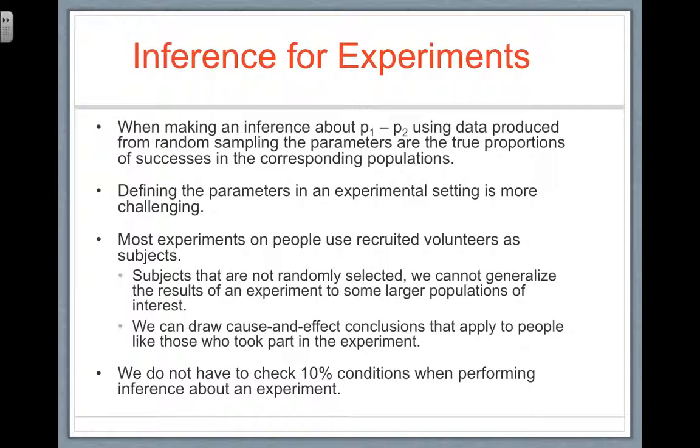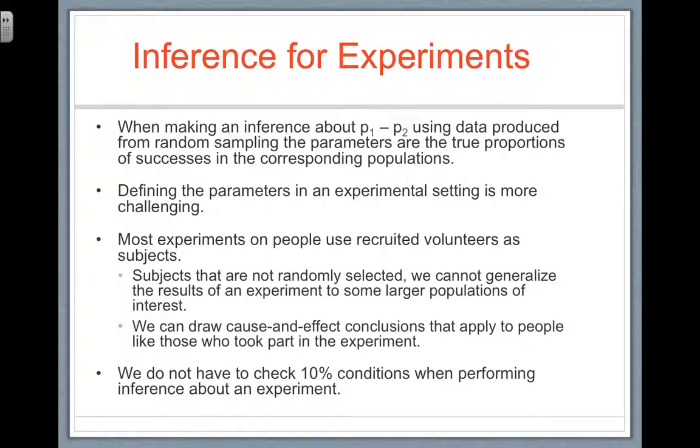When making an inference about a difference in proportions using data produced from random sampling, the parameters are the two proportions of successes in the corresponding populations. Defining the parameters in an experimental setting is more challenging. Most experiments on people use recruited volunteers as subjects. Subjects are not randomly selected, so we cannot generalize the results of an experiment to some larger populations of interest. We can draw cause and effect conclusions that apply to people like those who took part in an experiment,